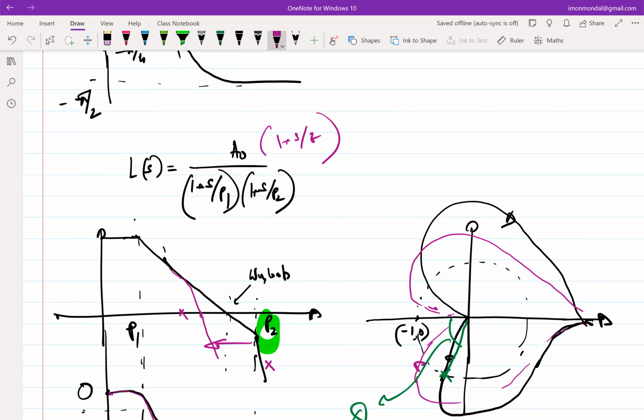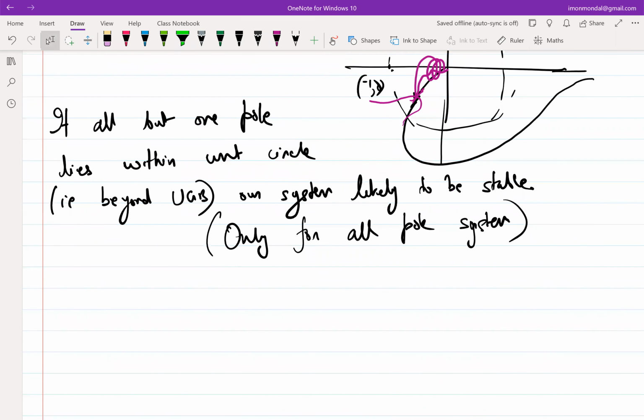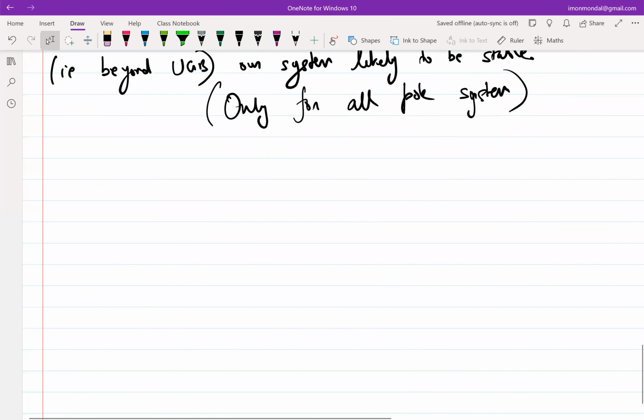So if you say all pole systems, all real pole systems, everything, you know that the magnitude of L of j omega will always decrease. But if you have something which invalidates that assumption, then you have a problem, right? So all we are doing here is dealing with all pole systems. So that is why this conclusion is broadly true. Okay. So this is what we did for 2 poles, but now obviously you know what's coming,